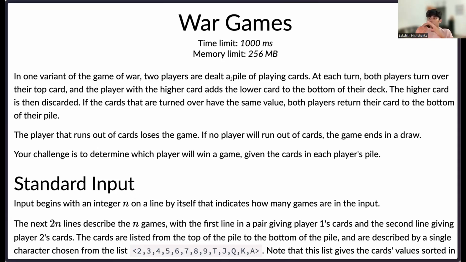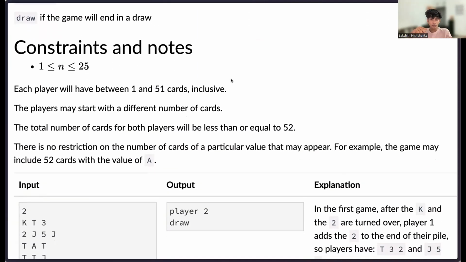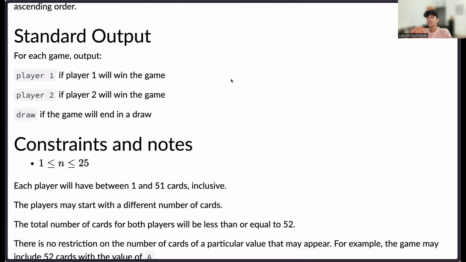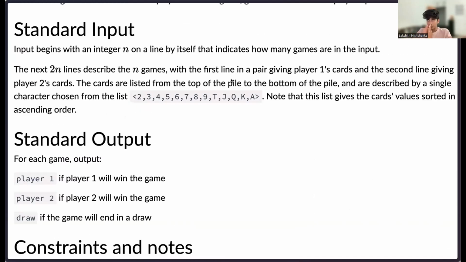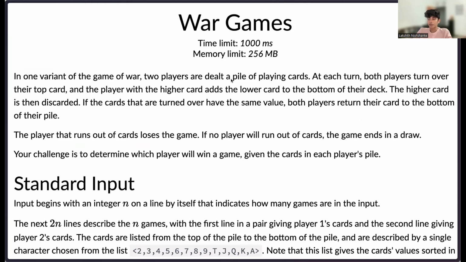Okay, let's assume there are no draws. If there are no two cards with the same value, at every single step there is one less card. Since they have 52 cards, in 52 steps this game has to be over.